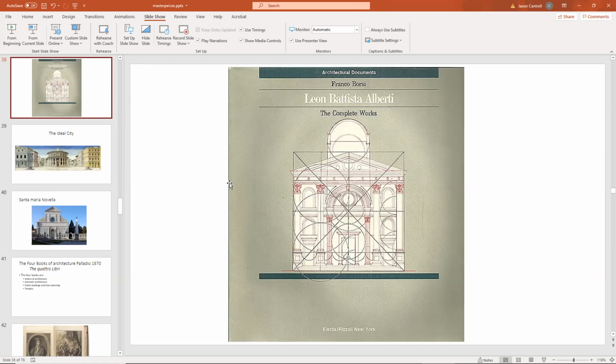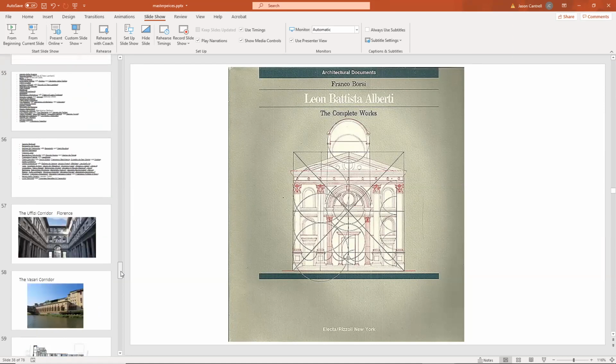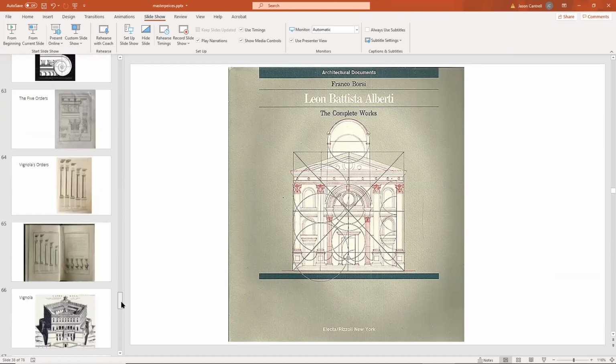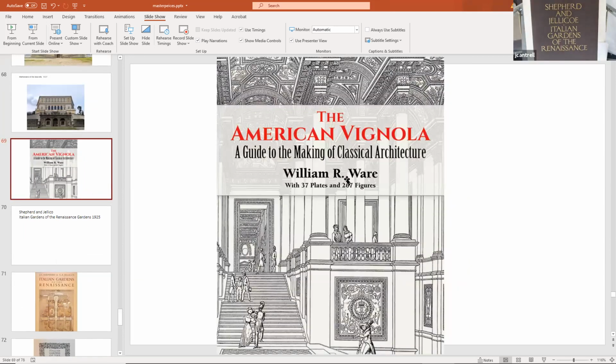We have a comment from Hill. He says, I find the American Vignola the most useful and accessible, and the parallel of classical orders of architecture published by ICAA as the most interesting as a source. Oh, good. Sorry for the dog in the background here. No, I figured the dog had probably read the book.